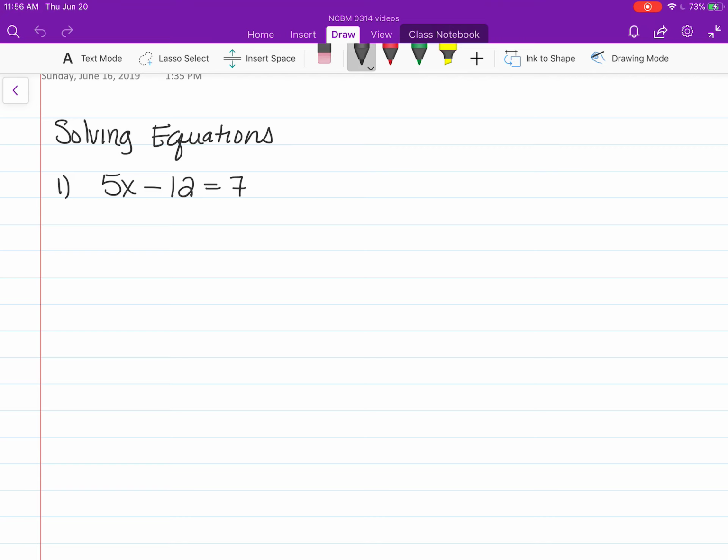Okay, so we are going to start off by solving some equations. The first one we're going to work on here is 5x minus 12 equal to 7. Again, when you're solving an equation, you got to remember your goal. Your goal is to get your x by itself. So in this case, our whole goal is to get that x all by itself on one side of the